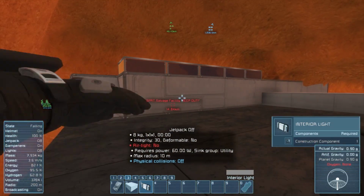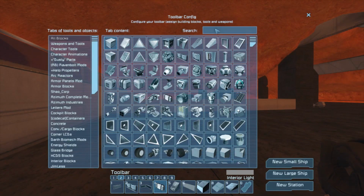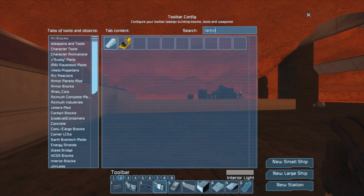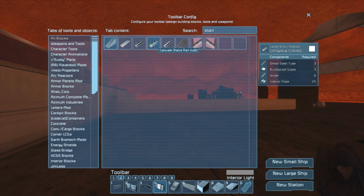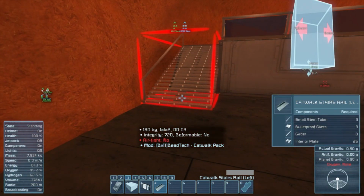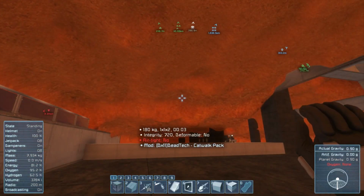this is looking okay, although I do want to change this. What have we got for, let's see. I mean, I could use a standard ramp. Stairs. Actually, a catwalk stairs with the rail on the left would probably look nice. Yeah, perfect. Hey, quick question: do you want me to put an orbital weapon on this thing just for